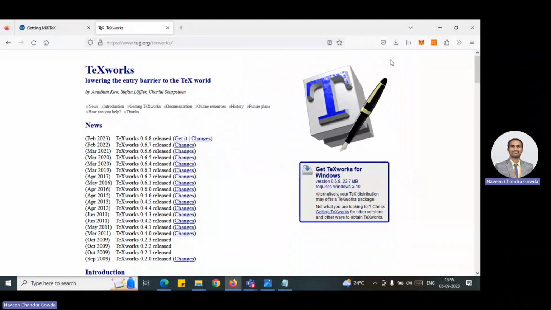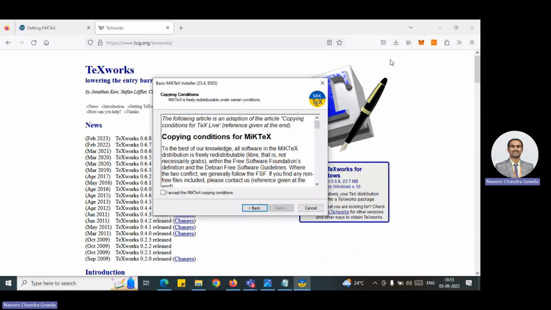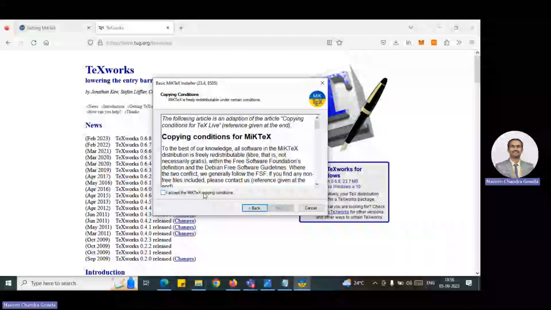The one case you are going to observe here is that my machine already has MikTeX and also TextWorks, so it may not let me install again because I'll have to remove those files. But I am not going to do it because there are a lot of files which are